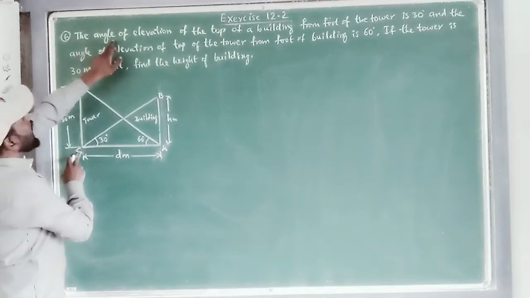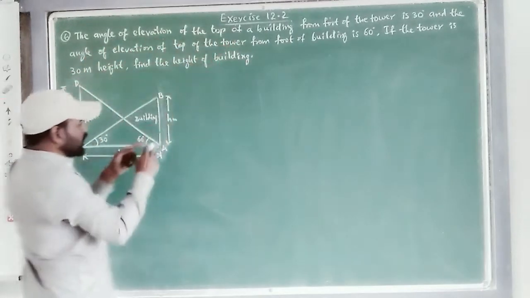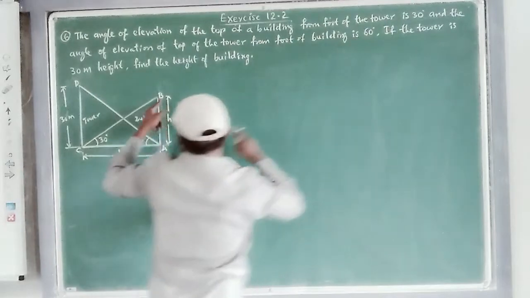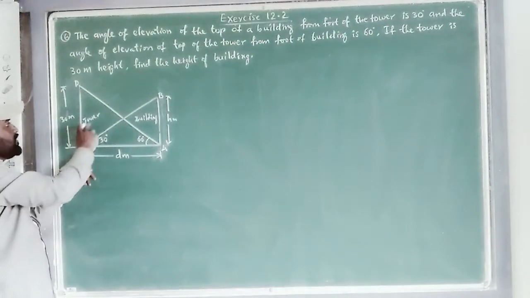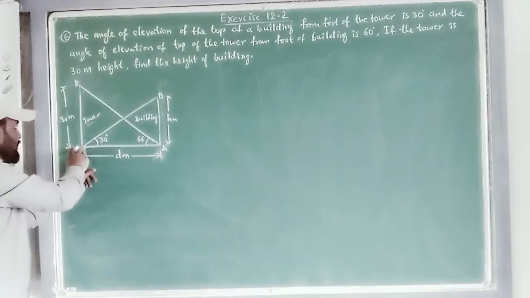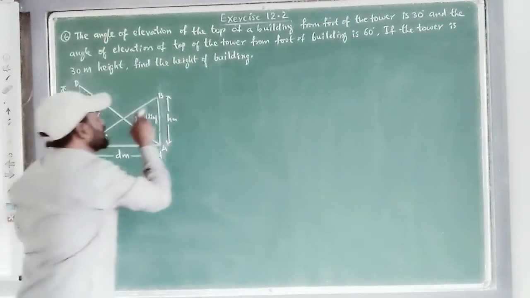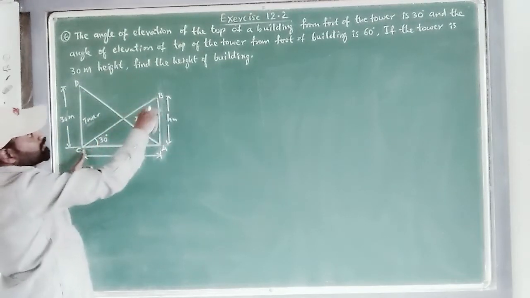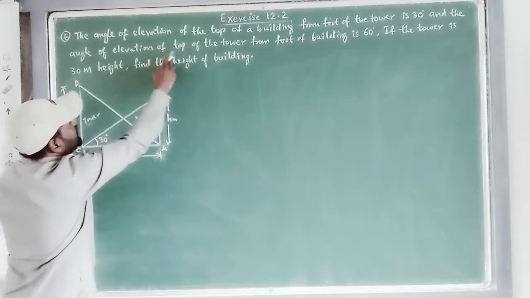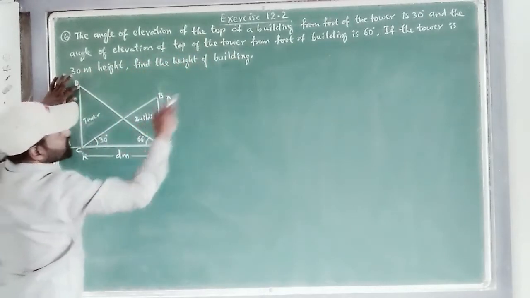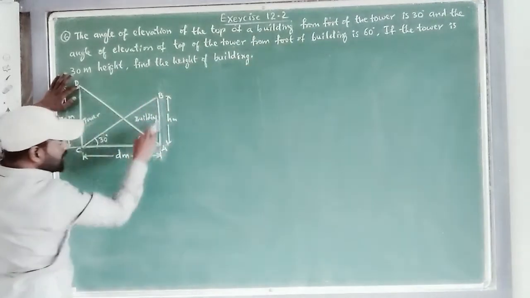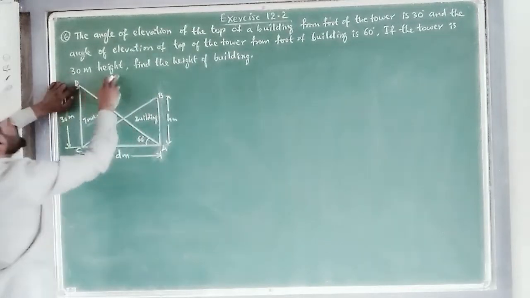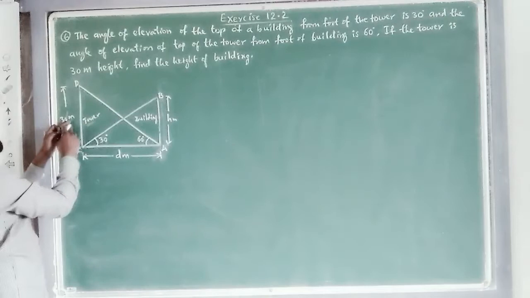First thing, what is the angle of elevation of the top of a building? What is the top of the building here? B. B is the top of the building. From foot of the tower. Foot of the tower is C here. Tower is CD. Foot of the tower is C. From here, angle of elevation for the top of the building from foot of the tower is 30 degrees. Next one is the angle of elevation of top of the tower, which is D, from the foot of the building. Foot of the building is A. Angle of elevation is how much? 60 degrees. If the tower is 30 meters high, tower CD is 30 meters high,